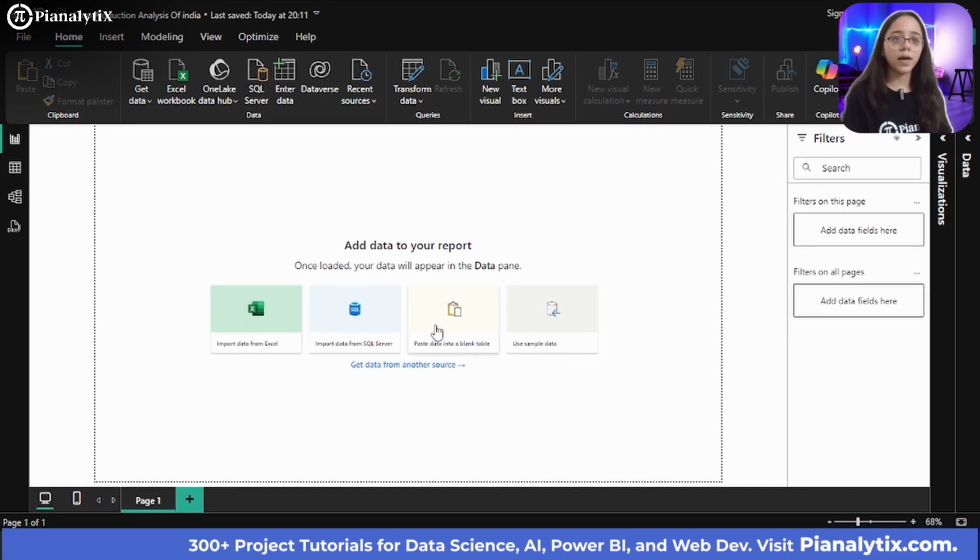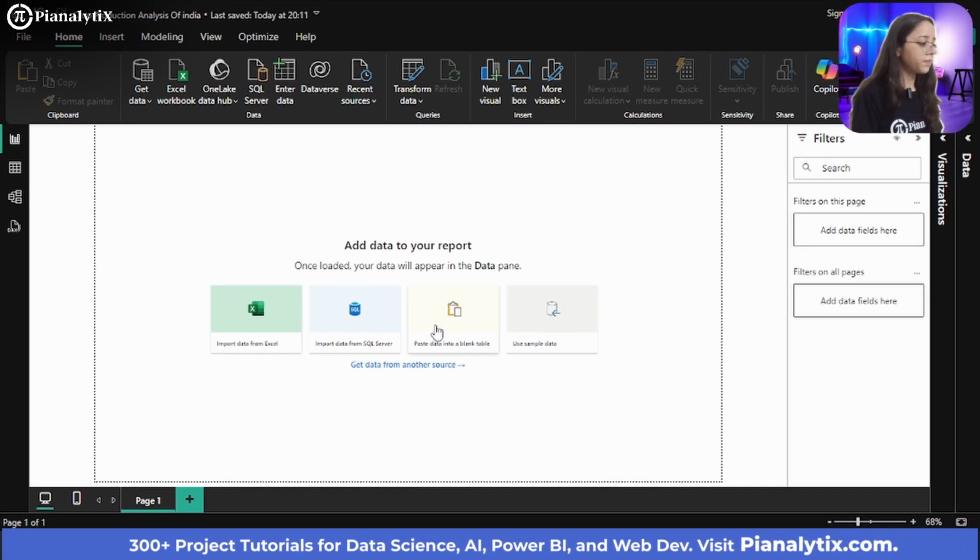Now I will start by creating the actual report. So before that, the first crucial step we always know is to get the data from a data source by importing the data. Then we will work upon the data cleaning options, and then we will work on the final creation of the report.